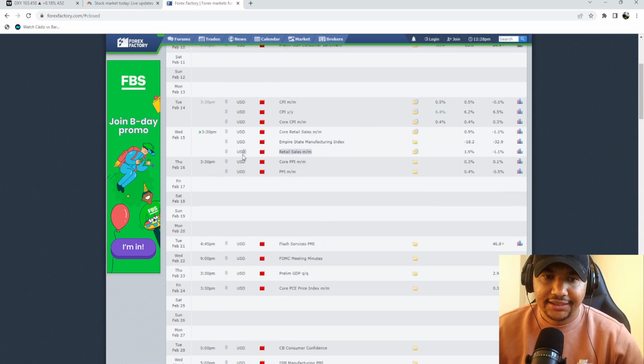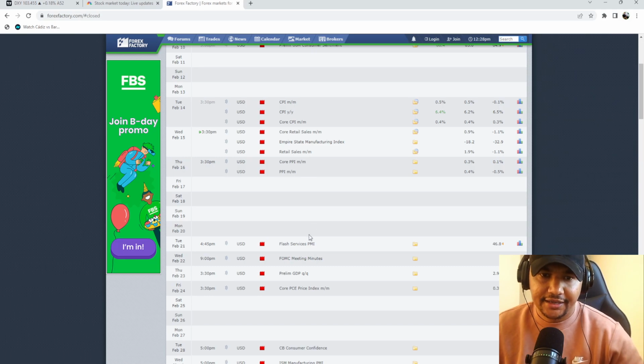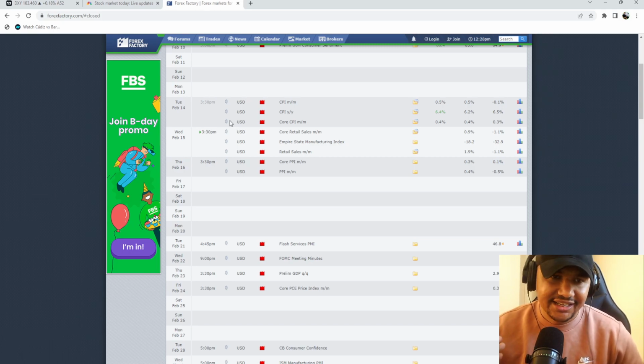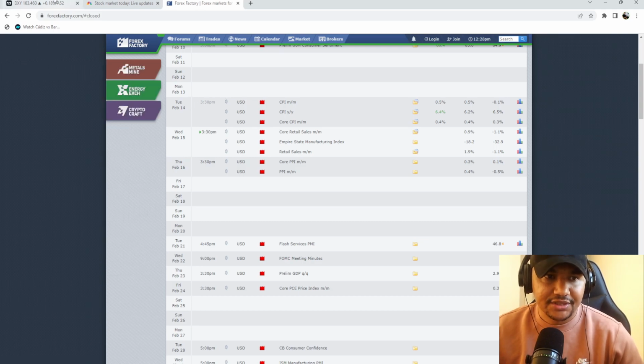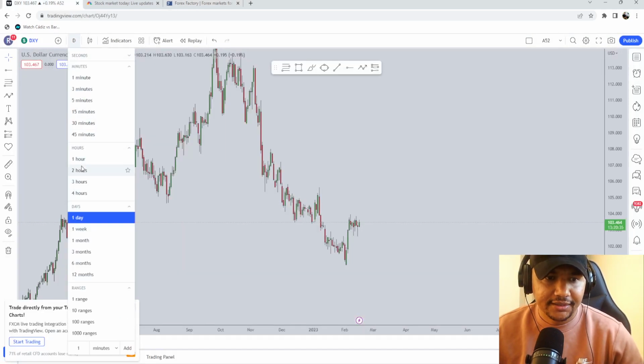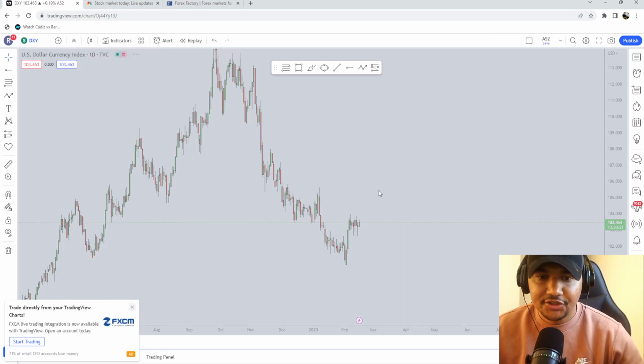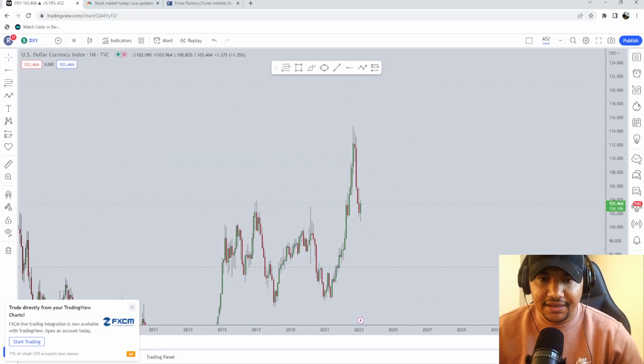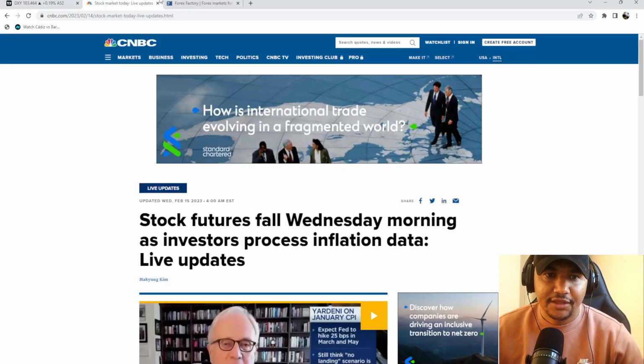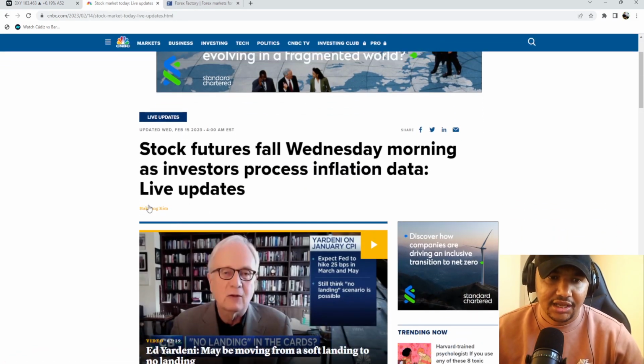Now, today we've got retail sales also coming through. We've got core PPI, producer price index, and then we've also got the PPI there as well. Now, I do expect the market to react to this all positively, and I do expect also, based off the CPI data, the market's more likely to drag the dollar up to the upside, potentially completing that correction as we've been speaking about on the monthly, which is basically this monthly correction to the 0.382, and then from there we could potentially measure how things go as well.